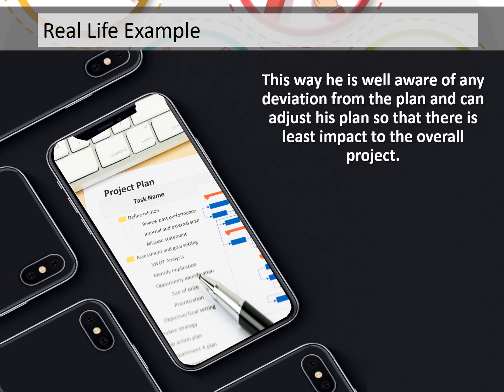He is well aware of any deviation from the plan, and any changes that he foresees, so that there is the least impact on the overall project. Thus, you can see that